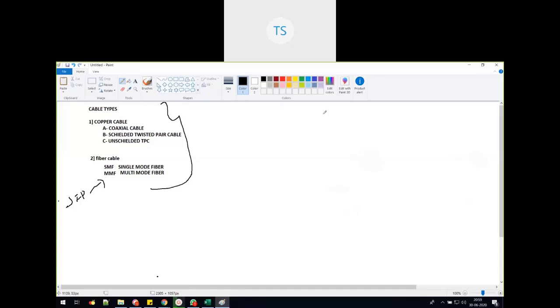Like console cable, what I have mentioned in our demo class or on the first day, and there are something like crossover cable and straight through cable, something like that. So if you remember the